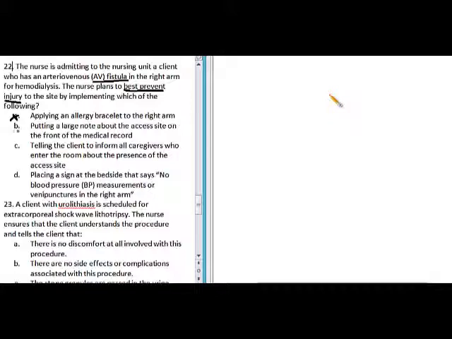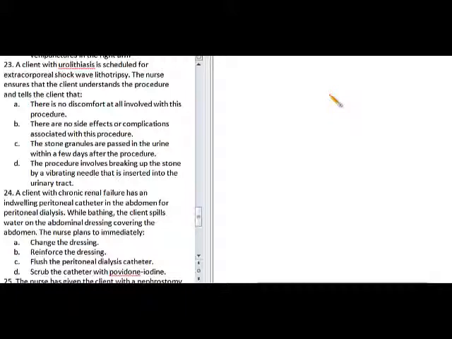This is not necessary. C. Telling the client to inform all caregivers who enter the room about the presence of the fistula. This is not the function of the client. This is the job of the nurse. Therefore, the answer here is D. Place a sign at the bedside that says no BP measurement or venipuncture to the right arm because this is contraindicated. Next,